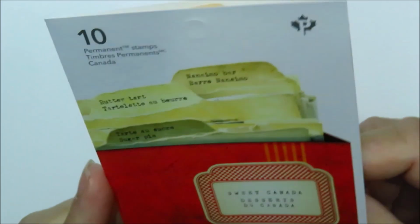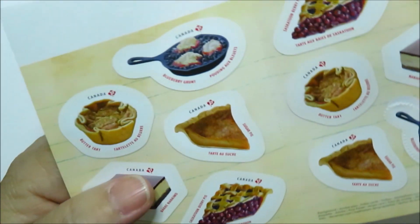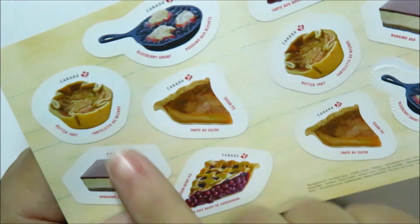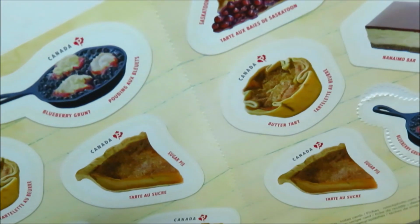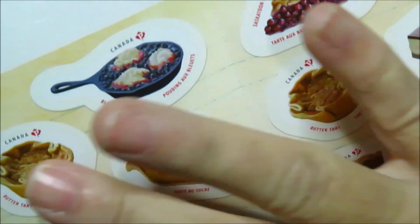Okay, now we move to desserts, Canadian desserts. And there's 5 of them. So these are, I believe, desserts created by Canada, or Canadians. So we have blueberry grunt, which I don't know what that is, but that's that one. Butter tarts, yum yum yum. Sugar pie, I do not know what that is. Nanaimo bars, they are so good. And Saskatoon berry pie. I've never had that one either. I've had the 2, but...